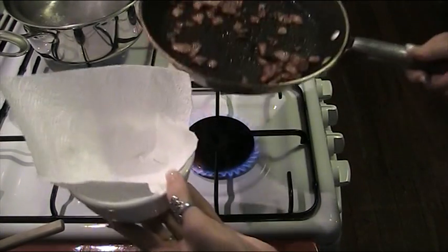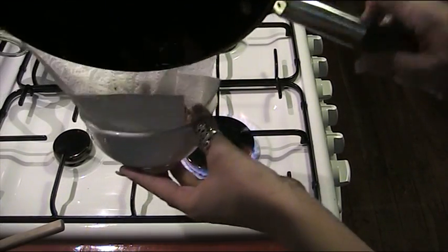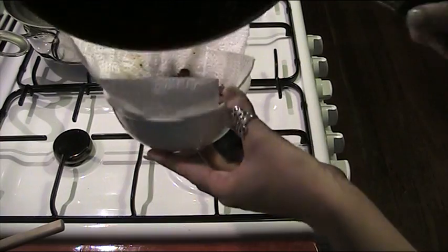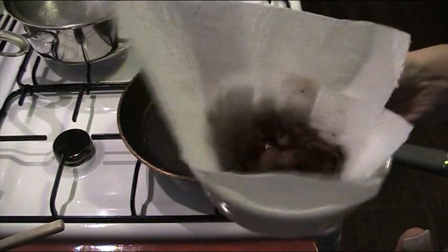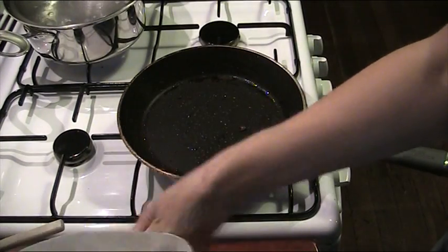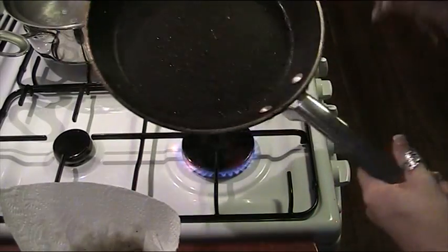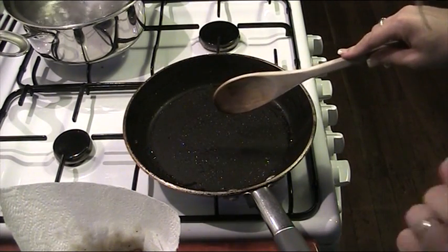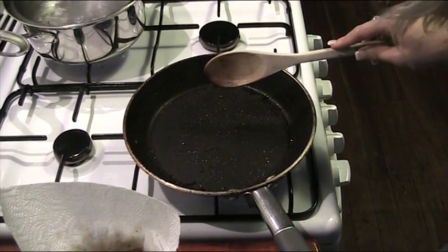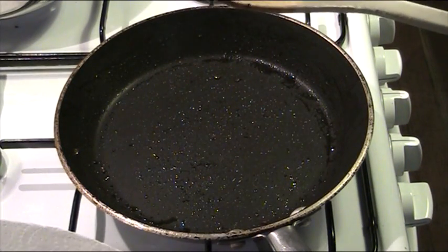So I've got a bit of paper towel inside the bowl, and I'm just going to put all of that in there. I'll scoop those little bits out so the paper towel absorbs any extra fat, as we don't want that to go into our bodies, do we? The important thing is to use a good non-stick fry pan with this, and we don't clean it in between this process. Now this is ready for the next step,